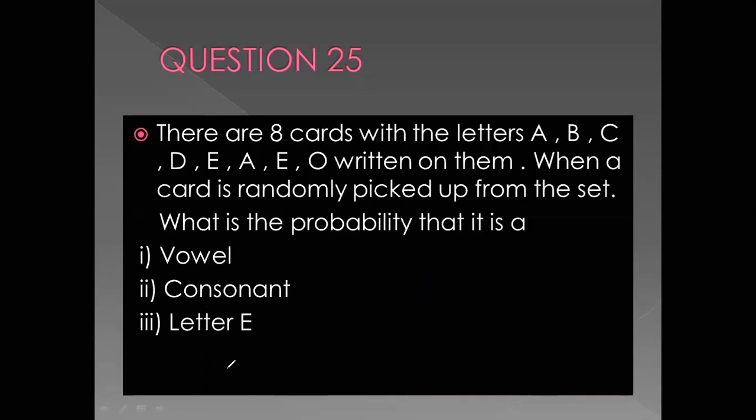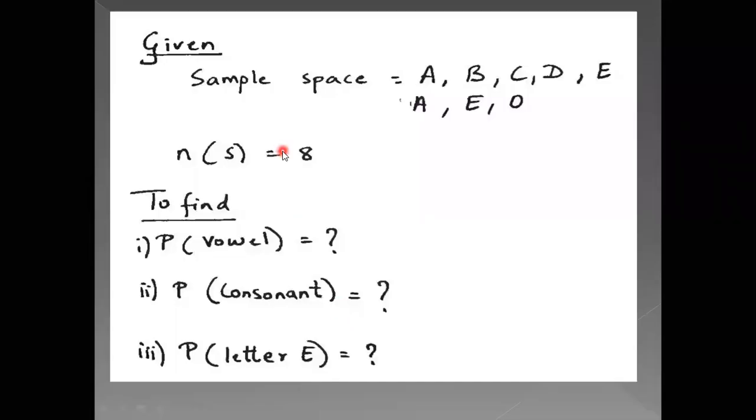So we go to the sum now, how to go about it. So here you can see sample space. I have listed all the letters which are there on the card. So A, B, C, D, E, A, E, O. Now though E is repeated, A is repeated, you have to list all the letters which are given. So just remember that don't think that as it is repeated, we have to take it only once. No, you have to list down everything, whatever is given, though it is repetition. So now number of sample space is 8 because you can see 1, 2, 3, 4, 5, 6, 7, 8. 8 letters are there. So number of sample space is 8.